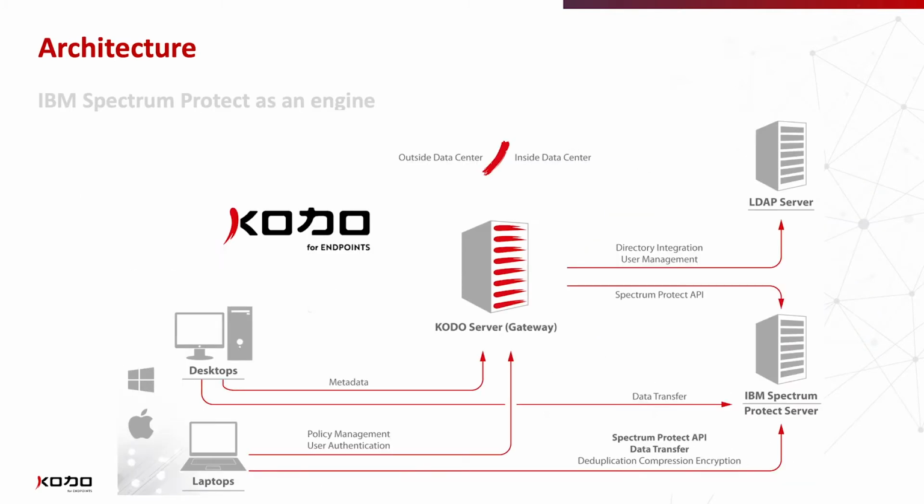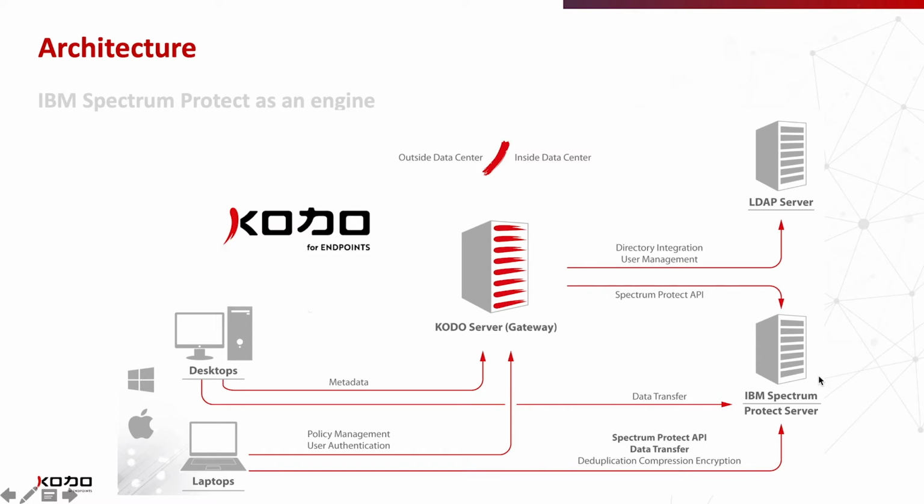Okay, let's talk about the architecture itself. On the left, you can see the source. So we have a laptop or desktop. We support Windows 7 plus. In the center, you can see the KODO server. It can be treated as a gateway because we have two options for how to implement it. We can go into the existing IBM Spectrum Protect account, or we can bundle it, so you actually will not see the Spectrum Protect server itself, it's our own installation. We have two options: a bundle, so all in one as OVA images or separate RPMs, or it can be an add-on to the existing